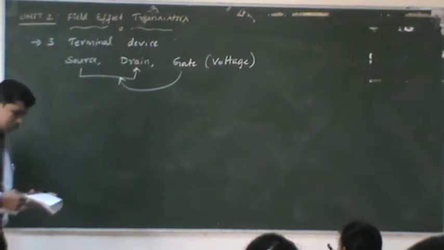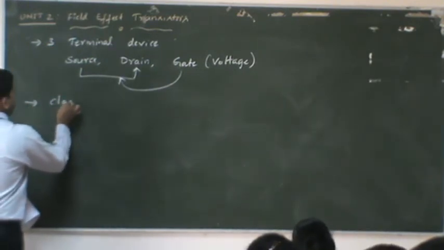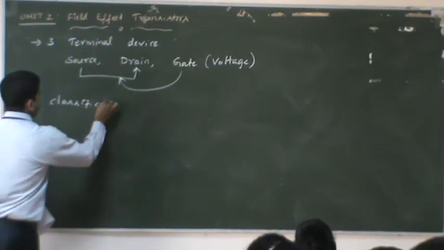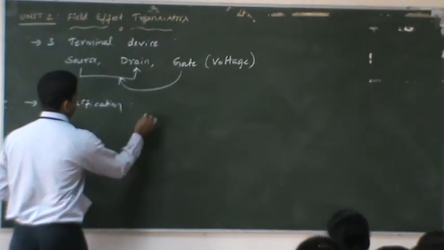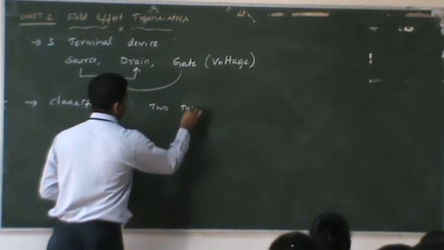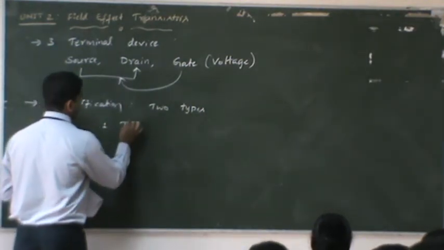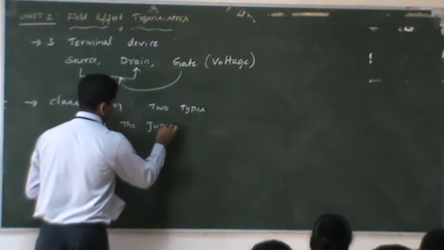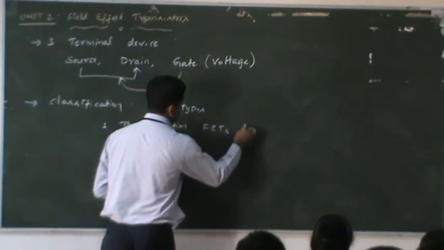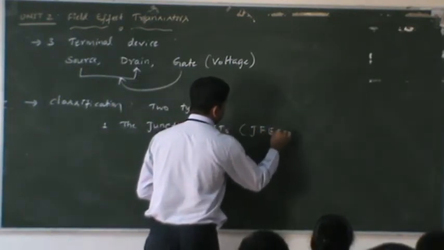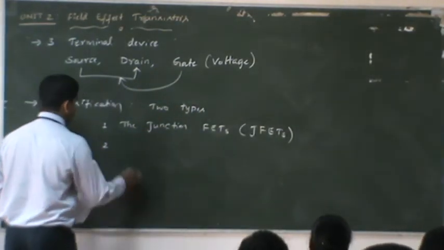So coming to the classification of FETs, let me classify. How do you classify the FETs? FETs can be broadly classified into 2 types. Among them, the first one is going to be the junction field effect transistor. The junction field effect transistor, shortly we call this one JFETs. The other category is going to be the MOSFETs,